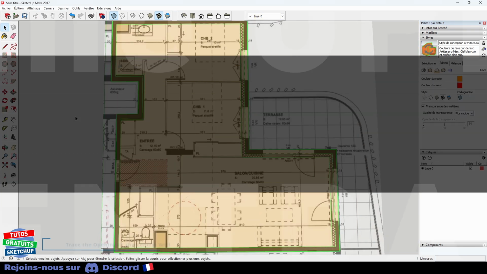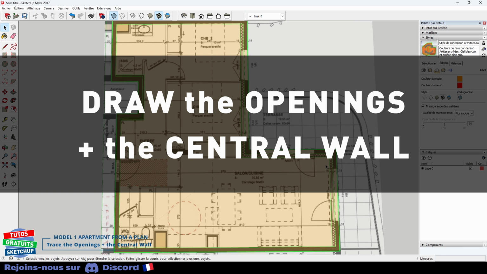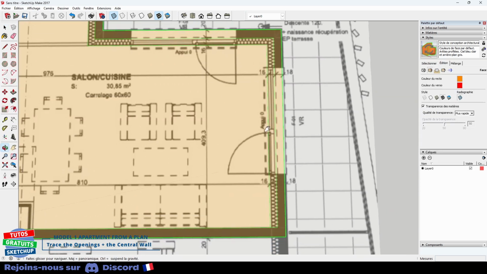We will now trace our openings in our walls and partitions. Here, for example, for the French window, I don't have any particular measurement. On the other hand, if you have a distance from this wall, you can very well draw a line which starts from this point, and you enter the correct length. There are 117. I type 150, for example. You see, my line is at 150. If I type 117, it returns to its place.